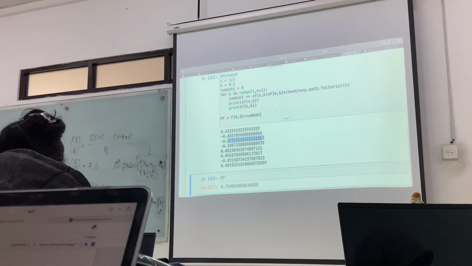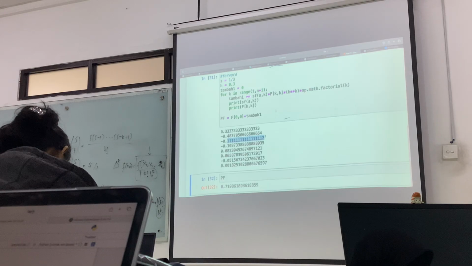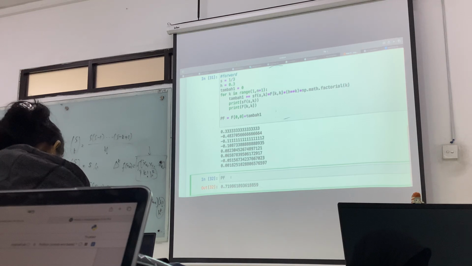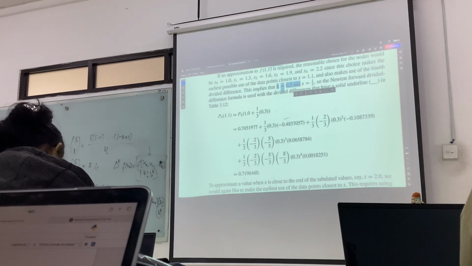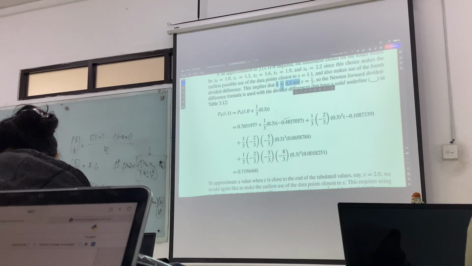Is it as I do it like this? Because if the decimal places are correct, it should be the same until the last.